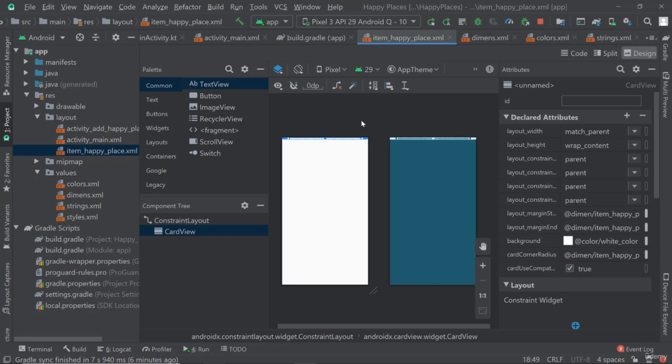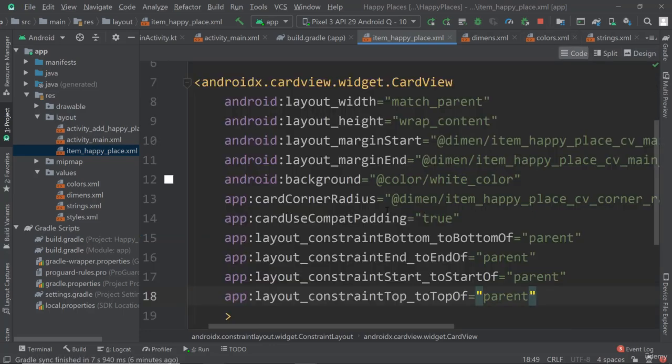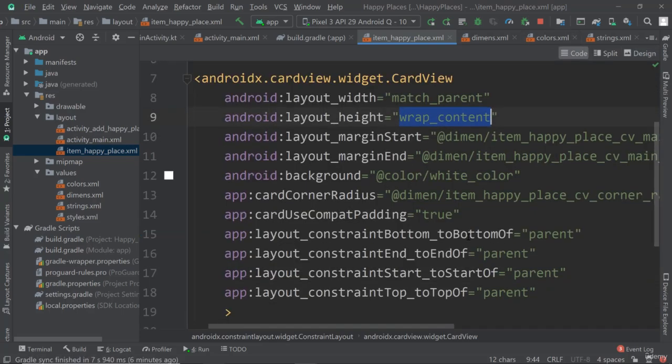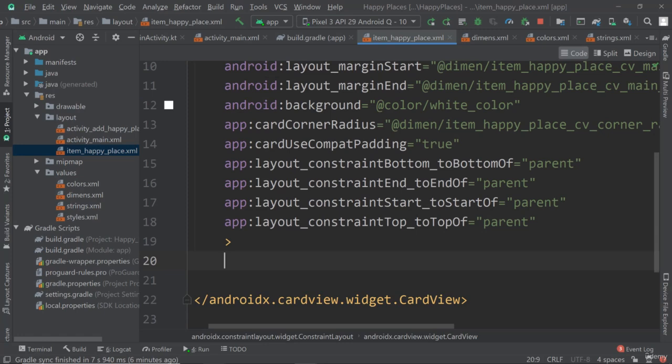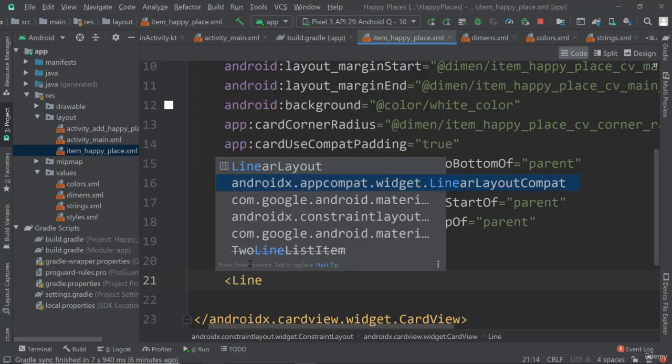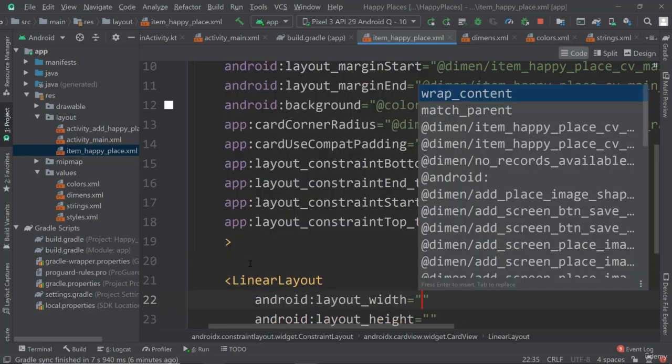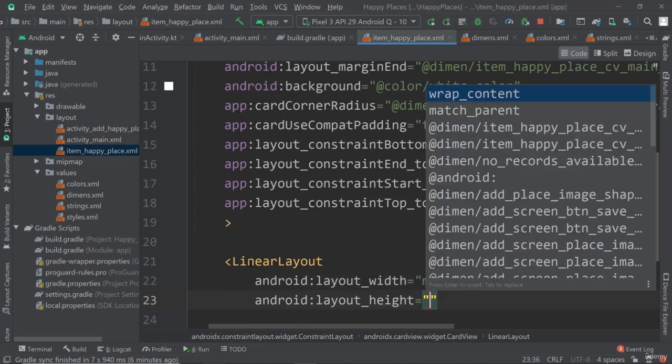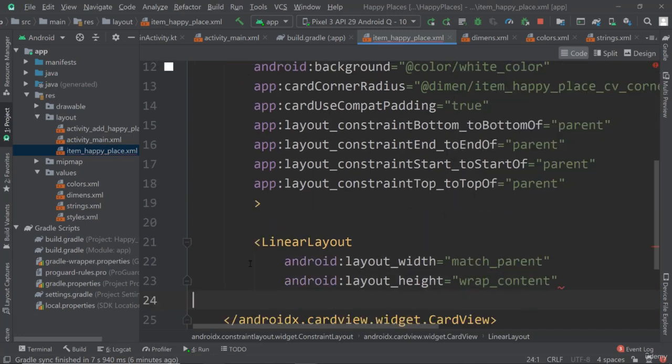It really isn't that visible because it doesn't have any content, and we said that it should wrap its content. So inside of it, I want to have a linear layout where things are next to each other, so where the orientation is horizontal. So let's create a linear layout here, and the width should be match parent, the height should be wrap content, and then